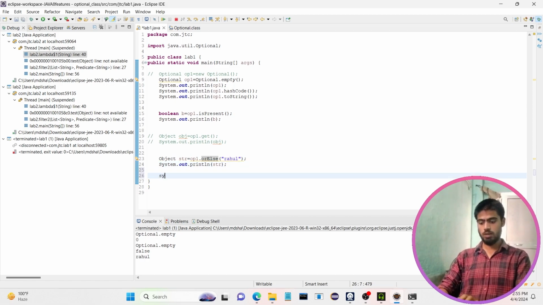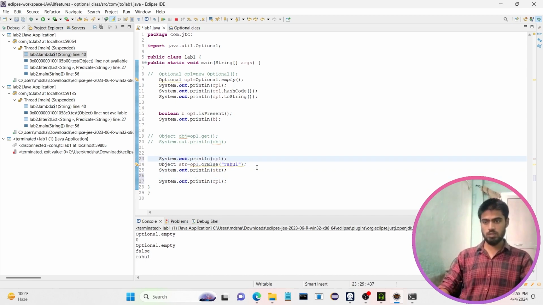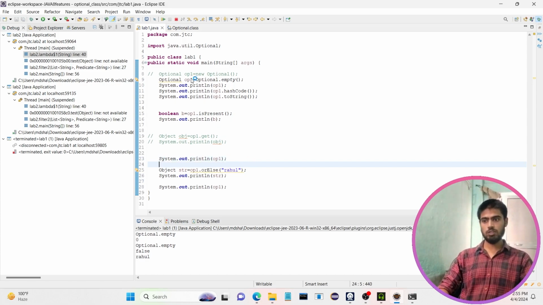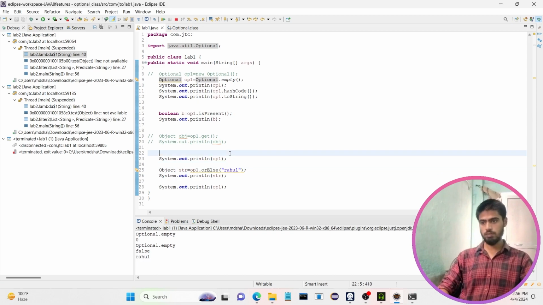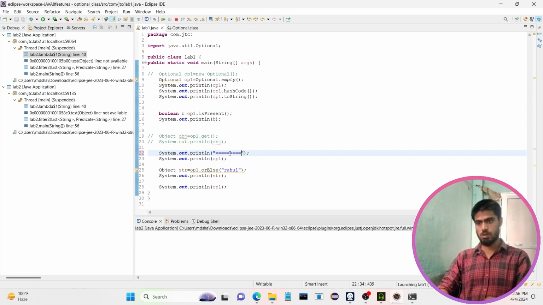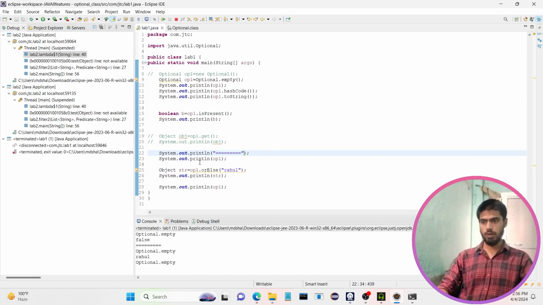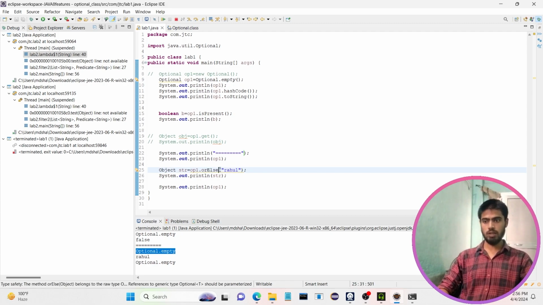Does this mean that inside this optional empty object the value Rahul got inserted? No. Here you can see we are printing this optional empty object, so it is empty. Now with the orElse method we are providing optional values. So optional values we got here,